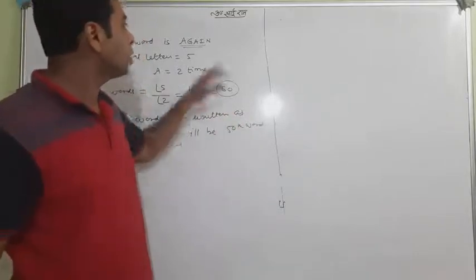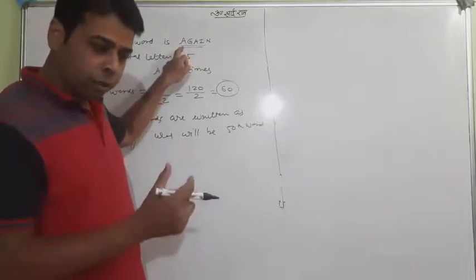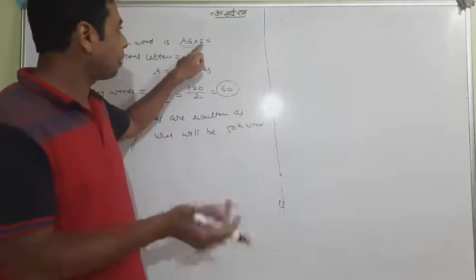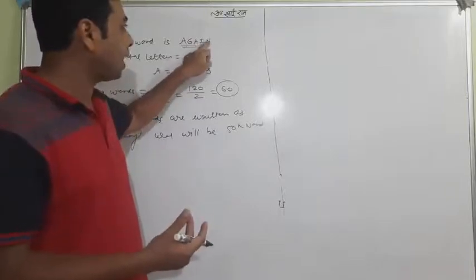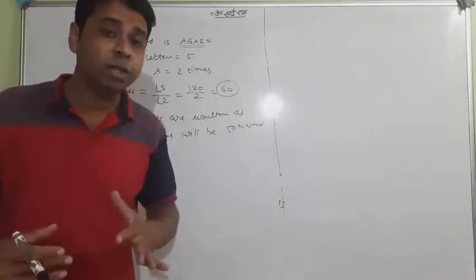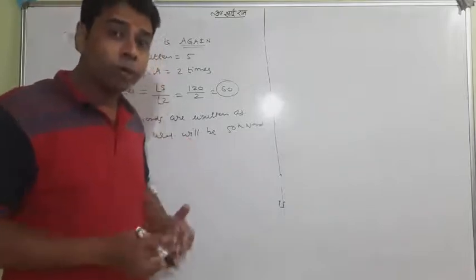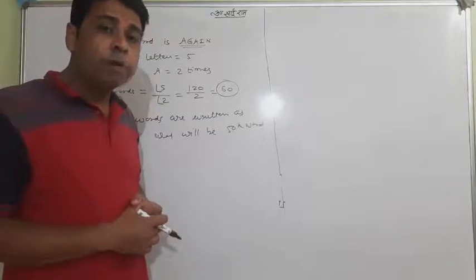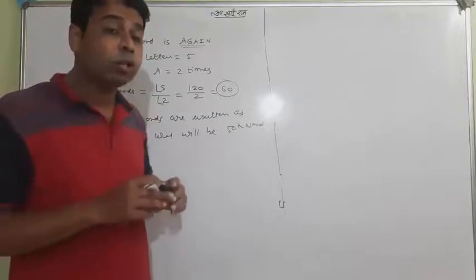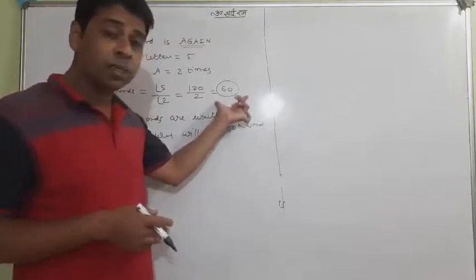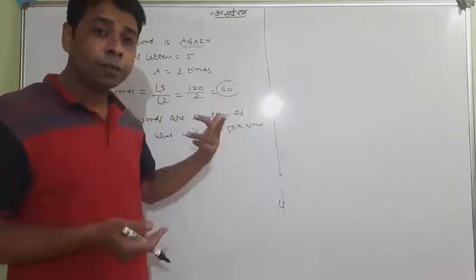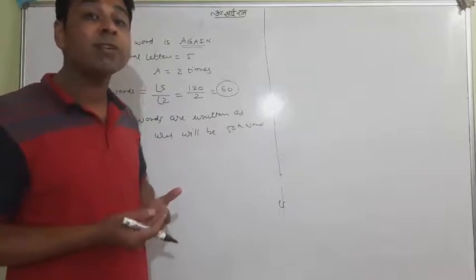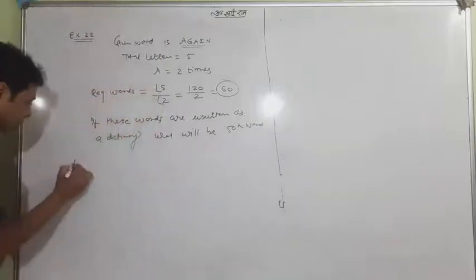In a dictionary, first all the words which start with letter A come. Then definitely after A it will be G, then I and then N. So one by one we will arrange and we'll find the words. Look at what the 50th word will be. Okay, so first of all, what we will do? We will find all the letters. We are actually arranging all 60 words according to the dictionary. First of all, I will find all those words according to the dictionary which start with A. So I'll write here first.